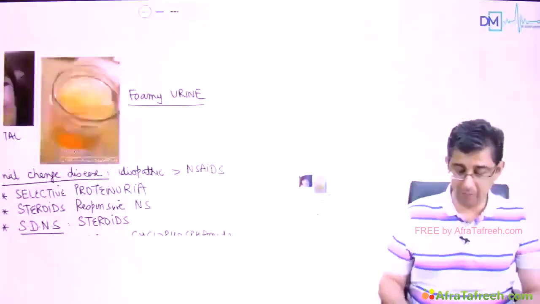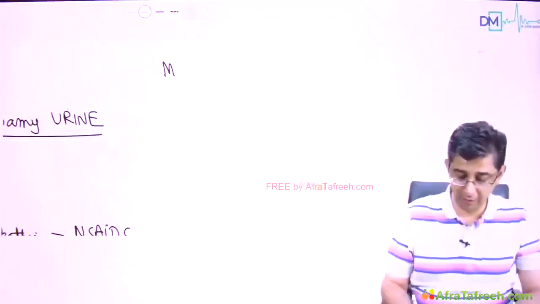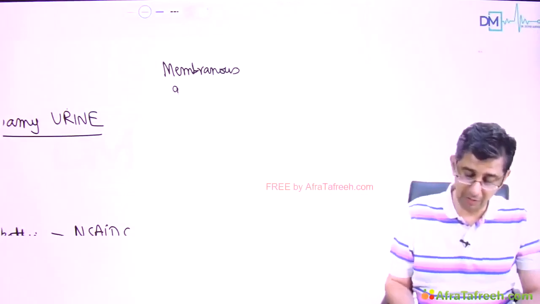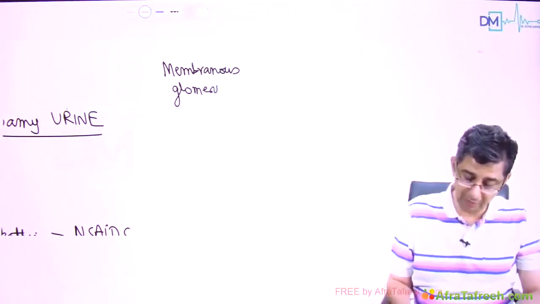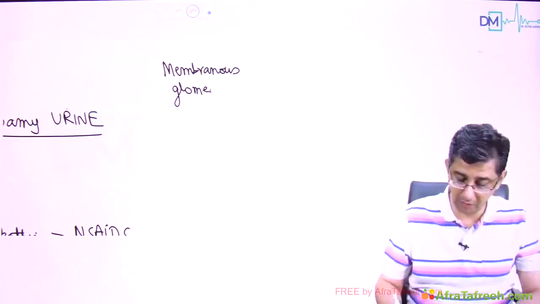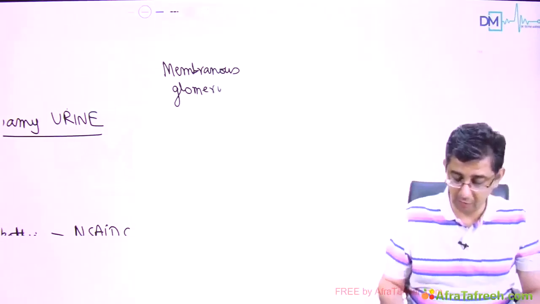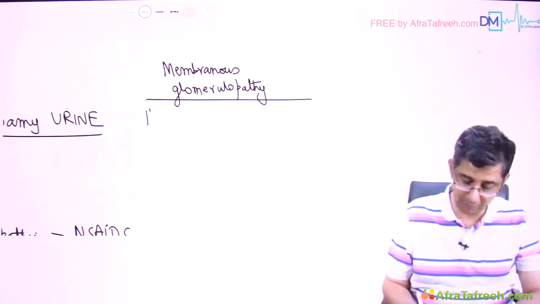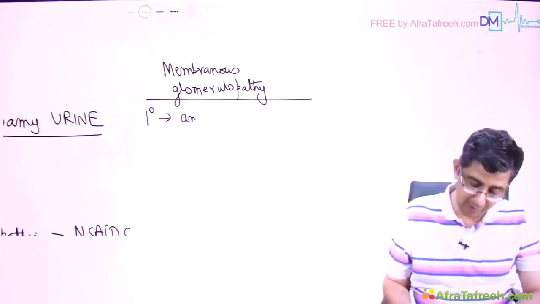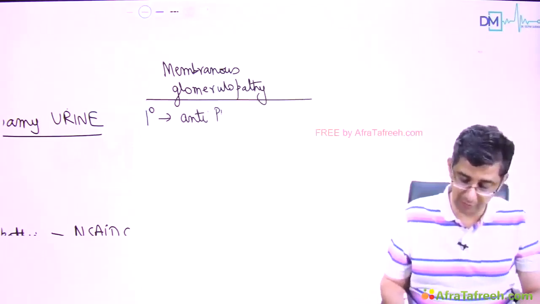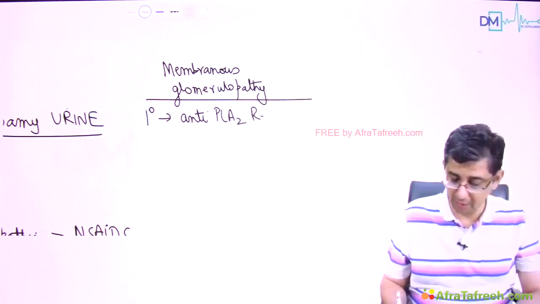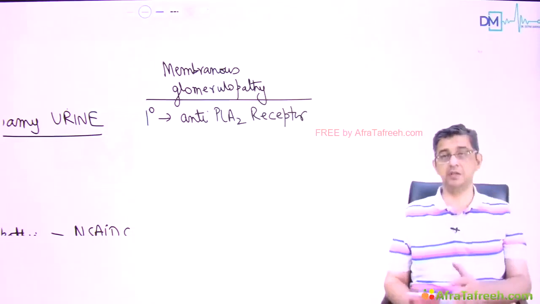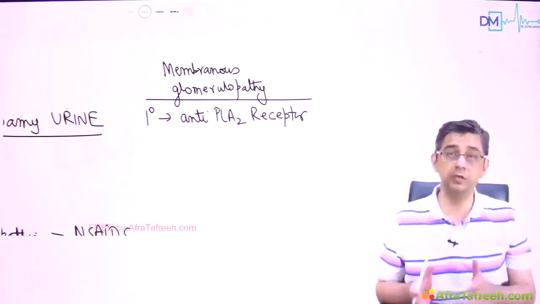Then for geriatric population, if he says what is the leading cause of nephrotic syndrome, it is membranous glomerulopathy, that is MGN. Please remember the fact that when it comes to MGN in a patient, membranous glomerulopathy, the important cause for especially the primary variety is antibody to phospholipase A2 receptor, that is anti-PLA2 receptor, and this antibody is very characteristic, and if this is positive, then you don't even need to go for a